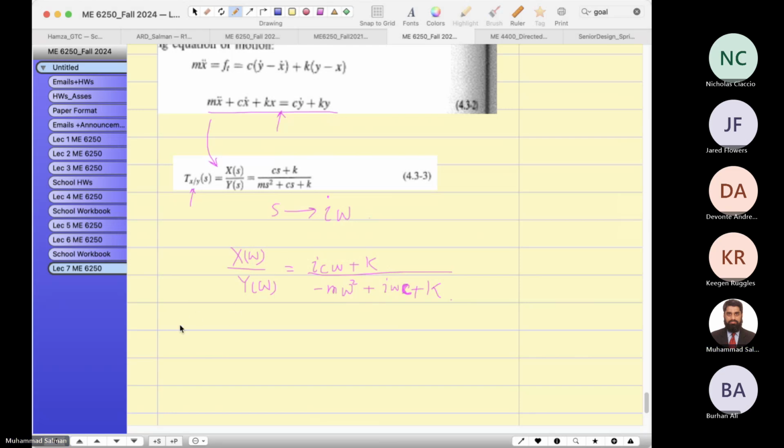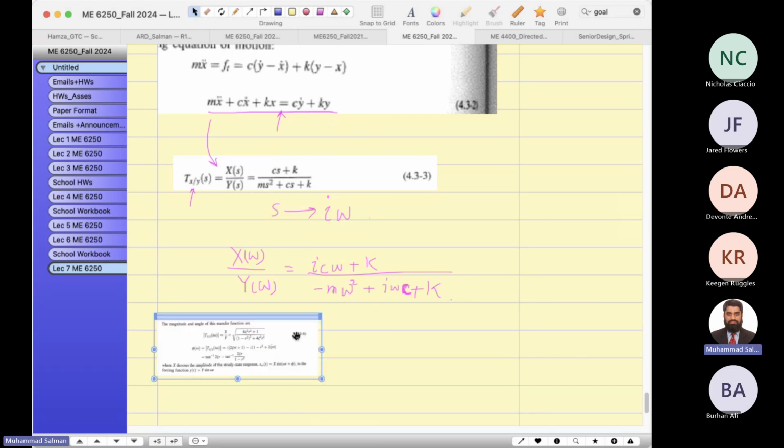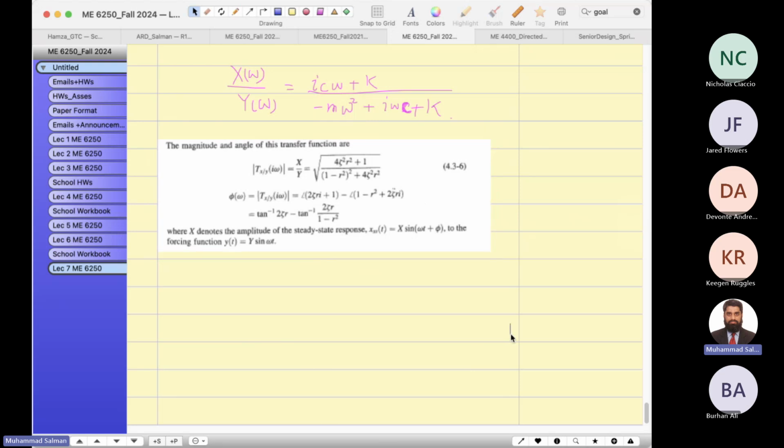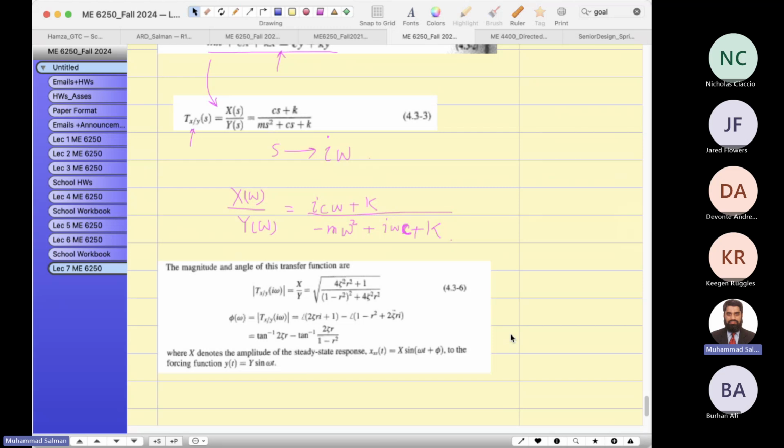You don't need to derive this one, but you should understand the concept of displacement transmissibility. This one is the magnitude ratio, I would say transmissibility magnitude, and this is the angle phi,